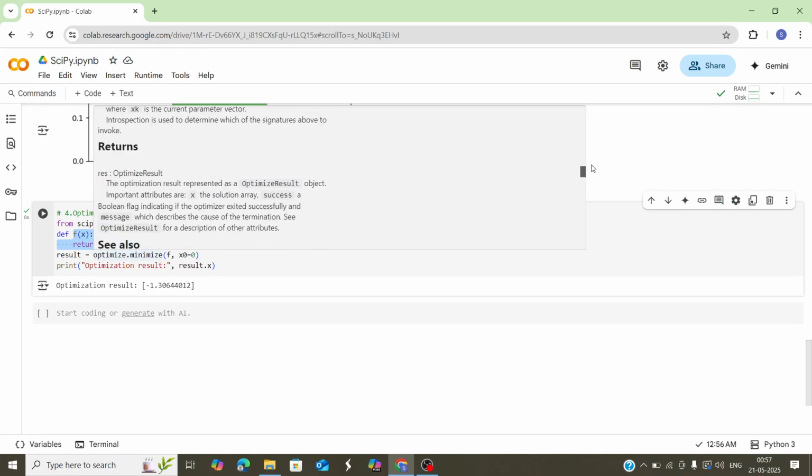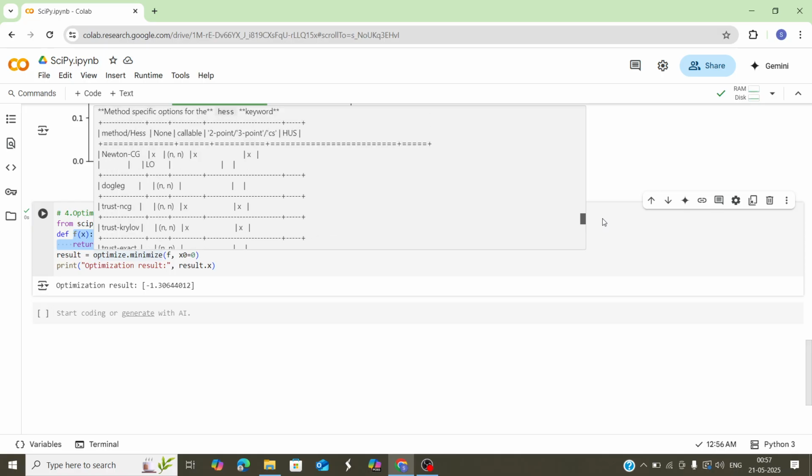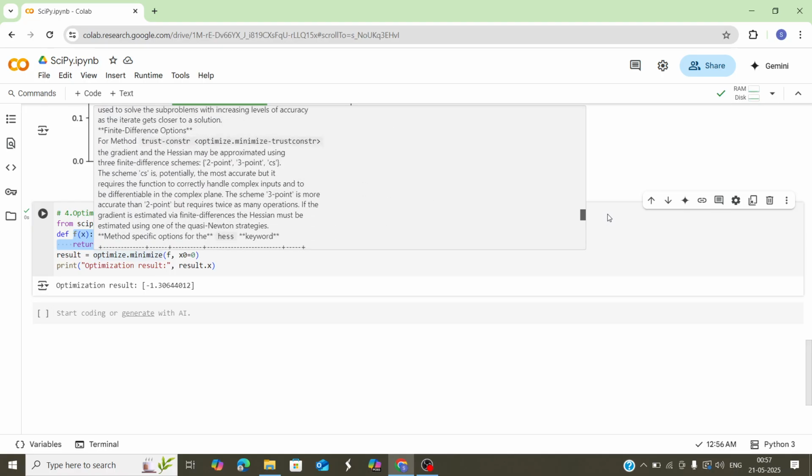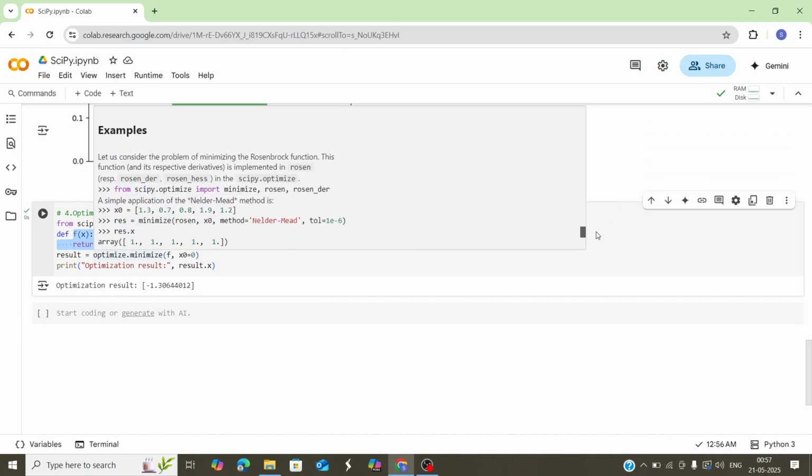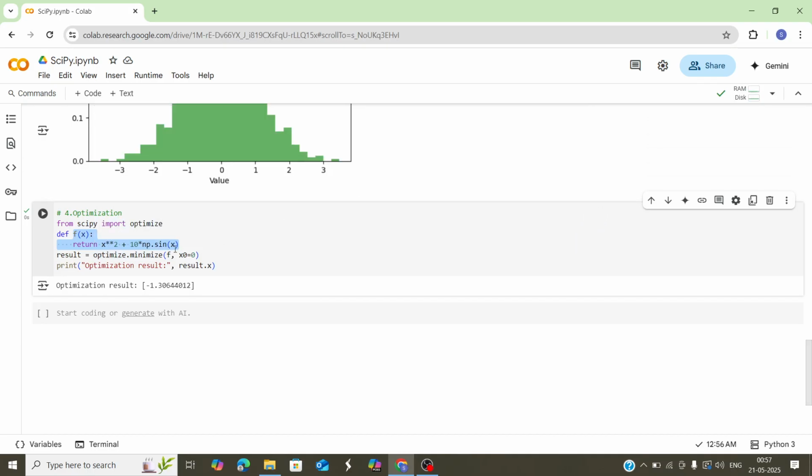As you scroll down in the examples, you can understand what kind of expression and what function was applied. If we say x is equal to 0, then 0 square plus 10 into 0 will be 0. But if you further try to minimize this scalar function, it's going to return some value, and that value is minus 1.306. So that is how you do the minimization here using SciPy.